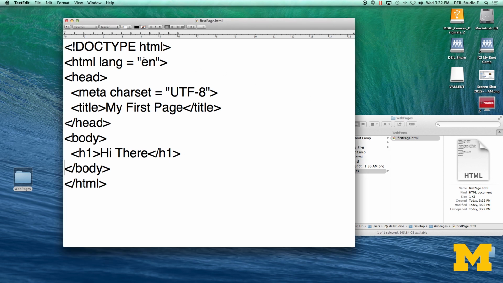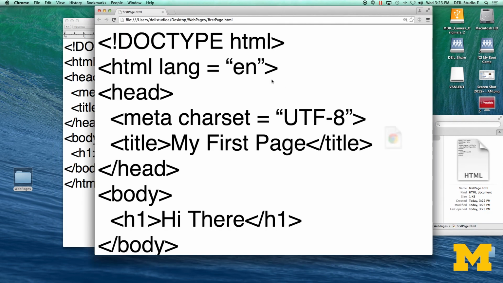The next thing I went in and checked is that all of my quotes were going the right way. So let's go ahead and put these in. Because if you remember, I'm always telling you that copy and paste can sometimes give you bad quotes. So we can go back again. Still no luck. If you're going to be using TextEdit, you actually need to go in and make some changes